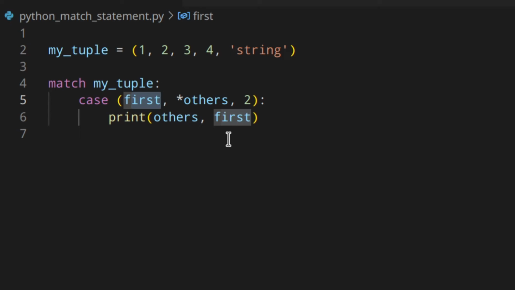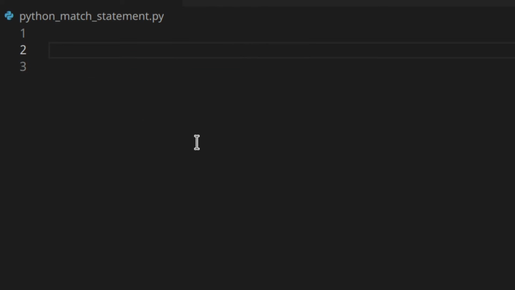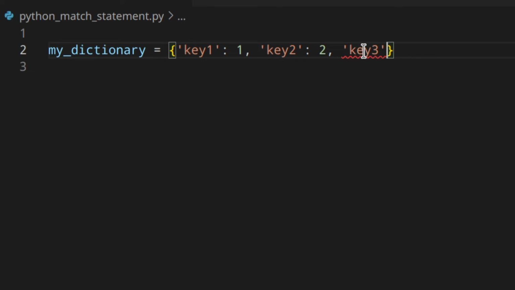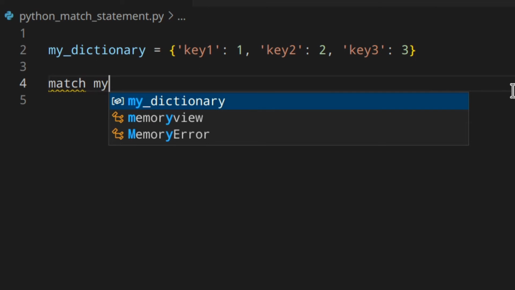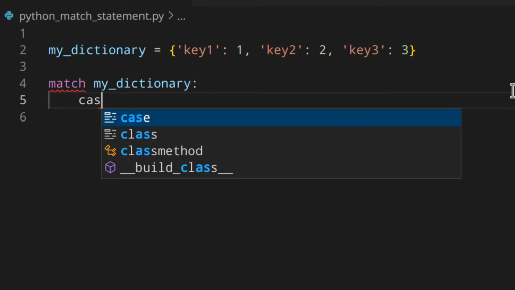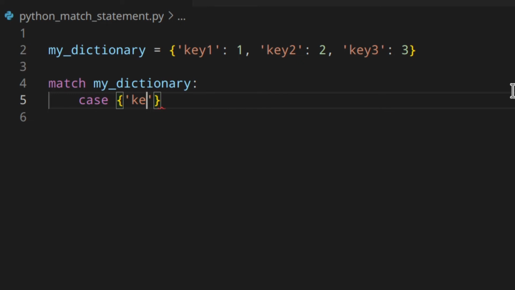But what about the mapping pattern for dictionaries and stuff like that? First of all, there are a few differences. The length is not checked. Let's actually see an example to make it clearer. So my dictionary, something like that, and then we can do something like key 1, 1, key 2, 2. And also let's say you've got also a key 3. Then we can do something like match my dictionary, and then case, and you start writing key 1